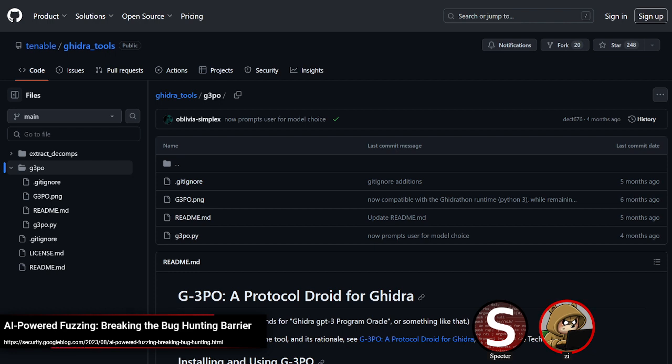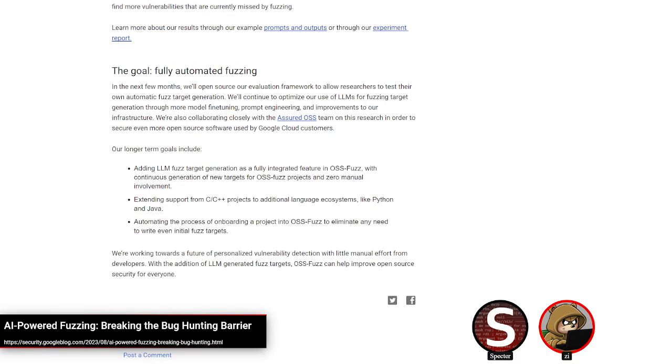But on the whole, outside of being a lot more scalable, which, jumping back on the Google thing here, is kind of a big thing, their goal is to fully automate fuzzing. So being able to generate your fuzz targets using LLMs does make sense as a use case. A lot of other things that we've seen applying AI have been more just a cog in the machine, maybe as part of the mutation aspect, where it would mutate test cases or something like that.